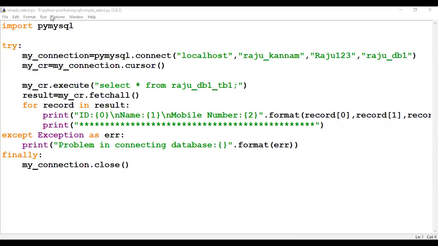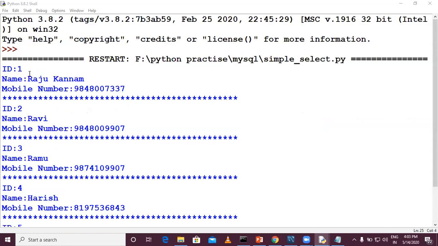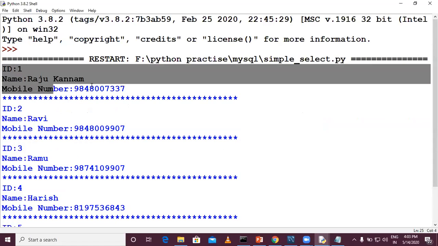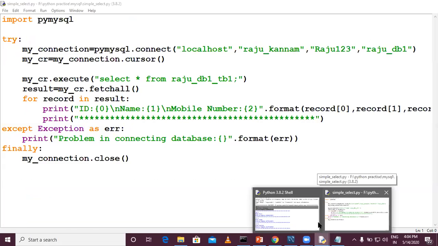Right? So now let us see the execution of this again, once again. So this is the output. Okay, this is the output. Now what we will do is we will display these fields in tabular format. Okay, so we'll display these fields in tabular format. For that, what we need to do,